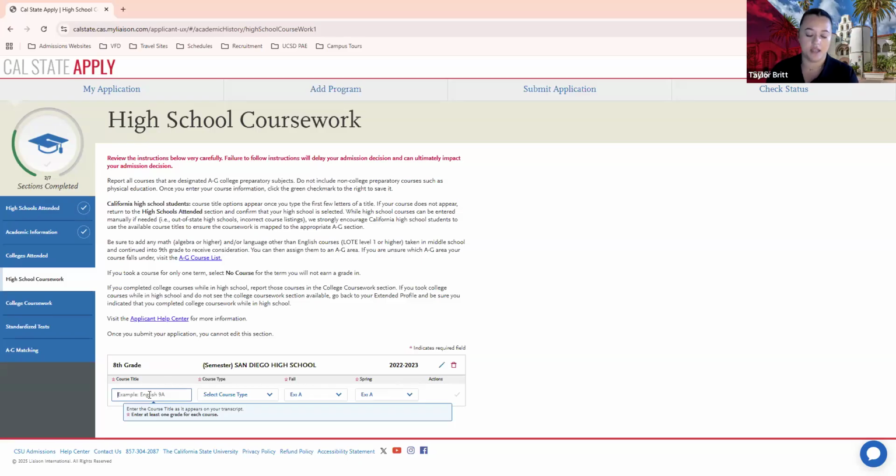Then here I'm going to start typing in the course that I took, which was integrated math. You can see that there's a couple options here. I took integrated math 1. I'm going to click from the drop-down menu. You always want to click from the drop-down menu because that's how it's going to automatically match to the A through G category, and that's just going to help you avoid any issues. Now, course type, you can see it automatically placed it as none because this is not an AP, an International Baccalaureate, or an honors course, so that is correct. And I'm going to go ahead and enter in my grades